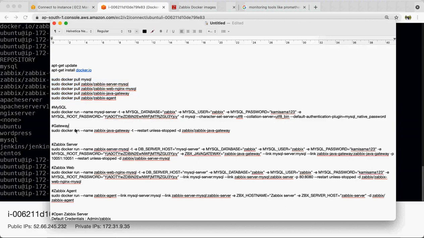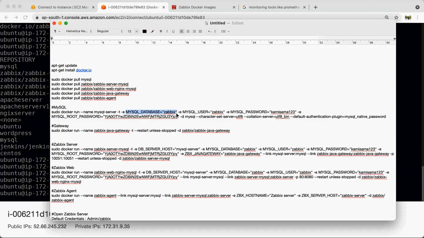Okay, then the next part is we have to run our MySQL server for Zabbix. So here if you see, we are starting this Docker container for the MySQL server where we are providing all the required information from the command line itself, when this Docker will run.